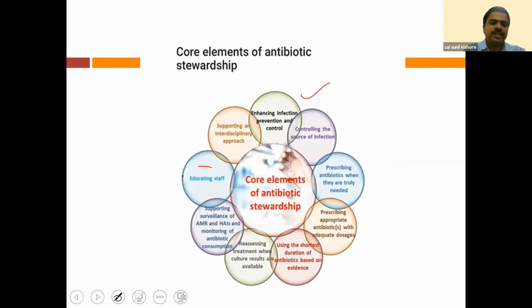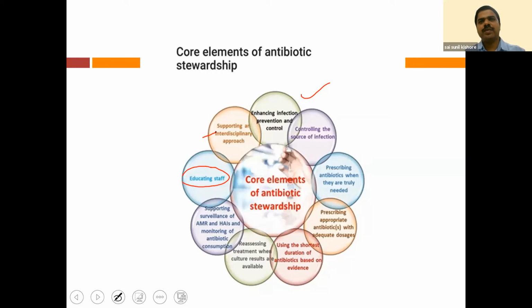One thing is educating the staff regarding the pros and cons of antibiotics and problems with excessive use of antibiotics. If you are using them excessively, it again leads to fungal sepsis and many other problems like necrotizing enterocolitis. And having an interdisciplinary approach, that means having backup of microbiology. If you have good backup of microbiology, then your actual use of antibiotics will be less, isn't it? Otherwise you will keep on giving multiple antibiotics. Pip-taz will be going on, meropenem, colistin, fluconazole, everything will go on.